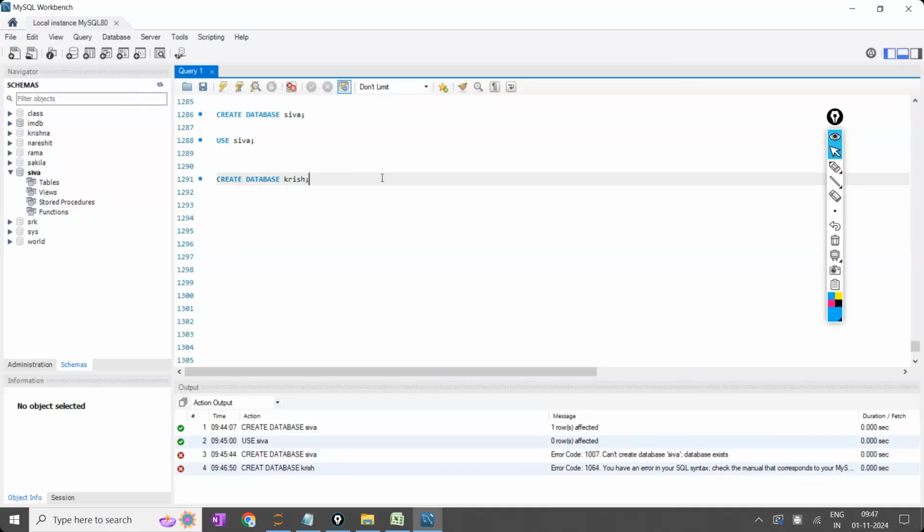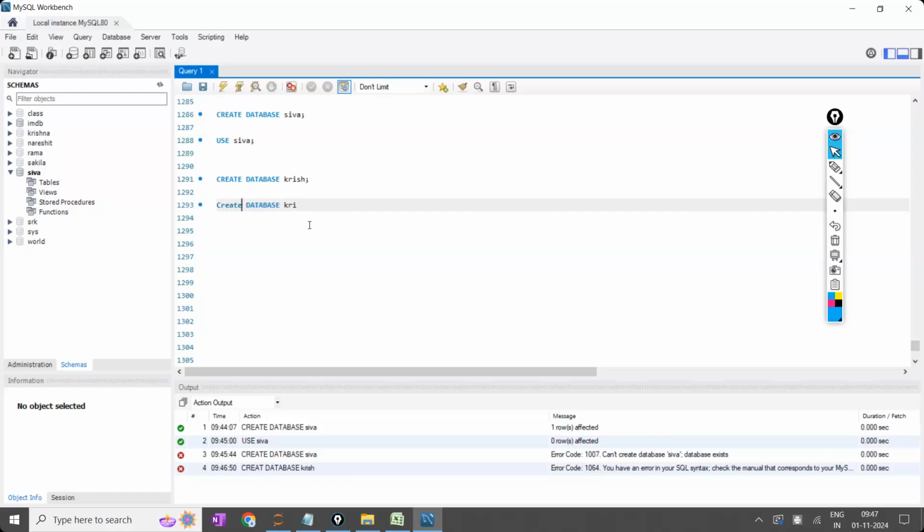But the question is, are we going to use small letters or caps lock? It is not case sensitive. Even you can use the small letters also. Small letters, caps lock, anything is fine. For example, I'm going to use create database, like create with small letters.